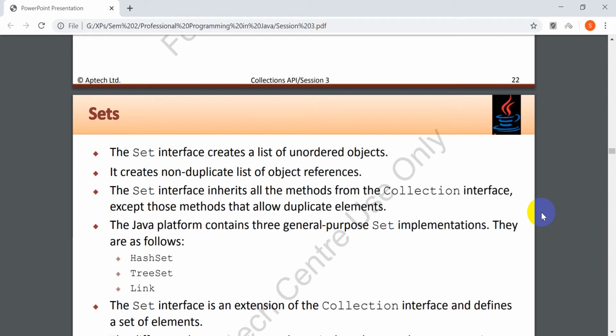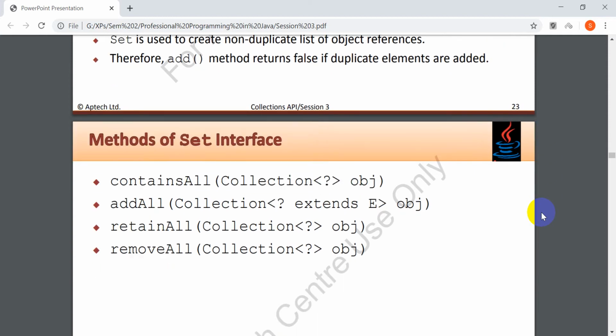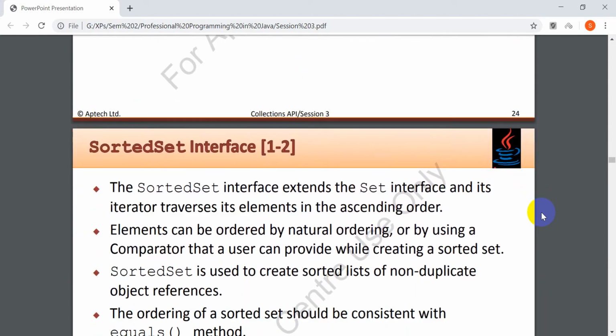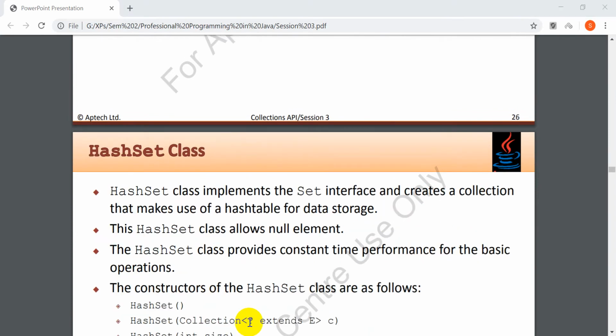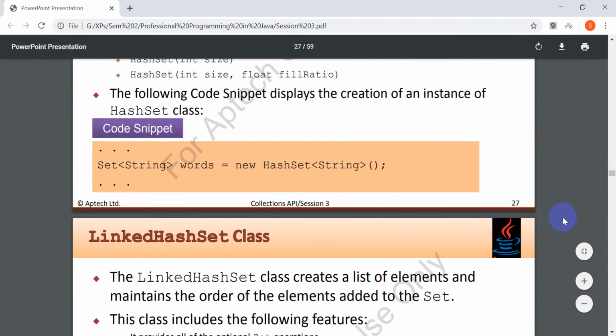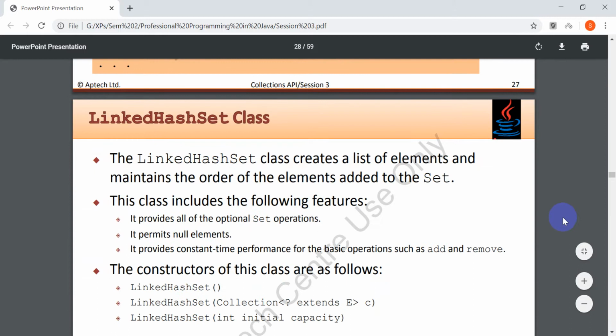and linked hash set. So these are the methods: contains all, add all, retain all, and then remove all. So that's it. The hash set class implements the set interface and creates a collection that makes use of a hash table for data storage. Hash set class allows null elements. Hash set provides constant time performance for basic operations. So these are the hash set collections. Then the linked hash set class creates